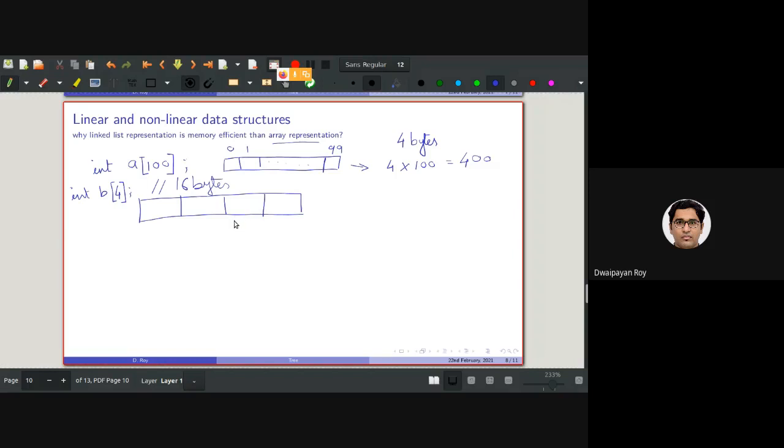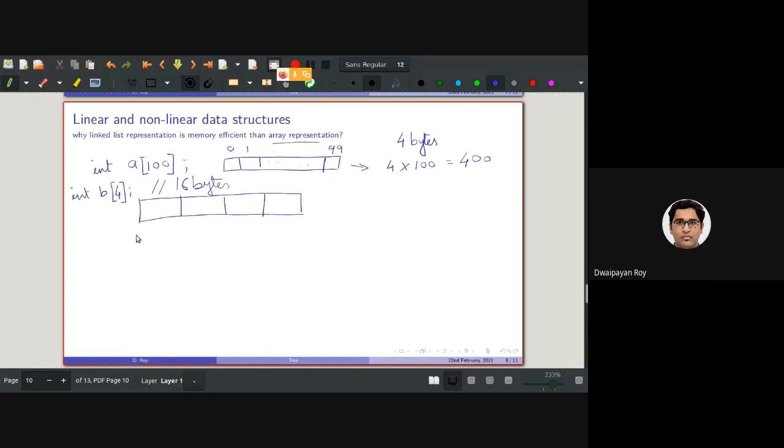I think they'll be next to each other. Very nice. Absolutely correct. So it will be next to each other, or in more formal terms, in a continuous or contiguous memory location. So what does contiguous mean?